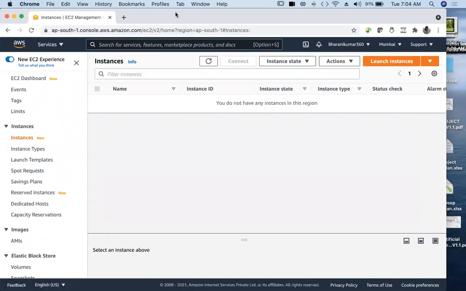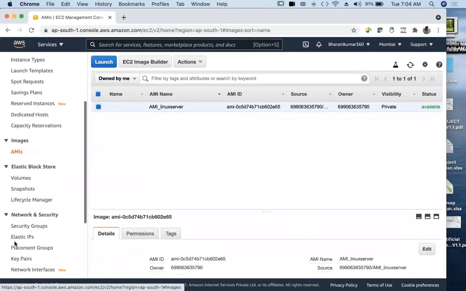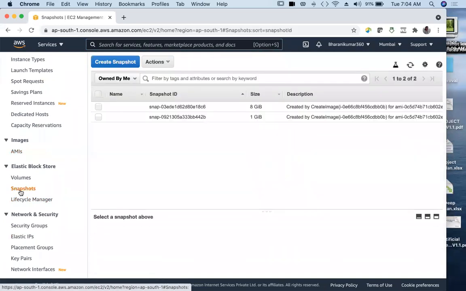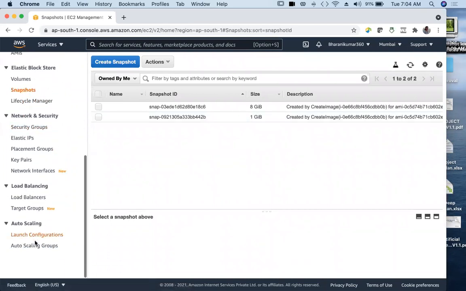Okay, I have no instances running at all, but we have the AMI. The AMI is there, and these two snapshots are related to my AMI and auto scaling group.